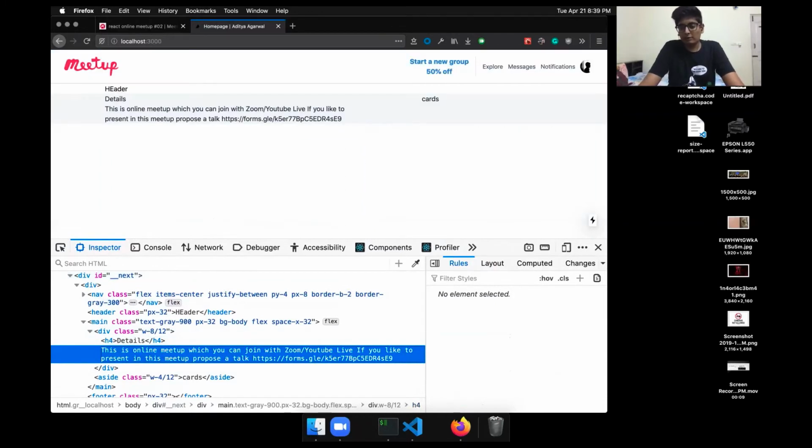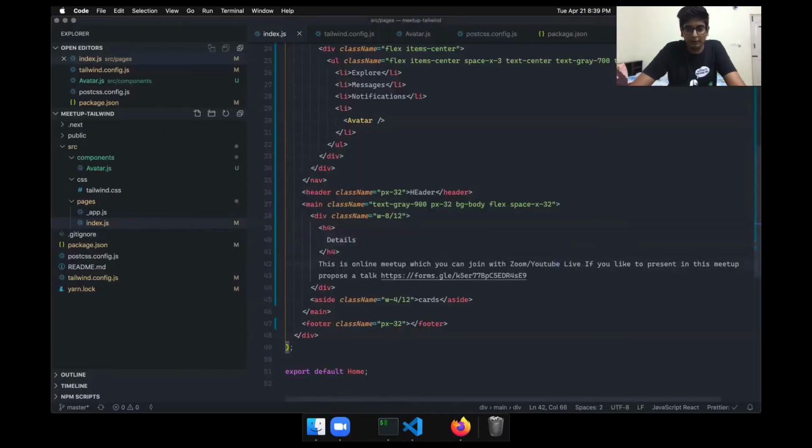So what normalize does is that it resets all the browser styles, so that when you are styling, you start from a clean default, and you don't have to override browser styles by yourself. So that is really good because I hate when I have to remove the paragraph tag margin and then add my own. So here I have control of everything the way I want it. So we have an h4, and let's just put this in a p tag.